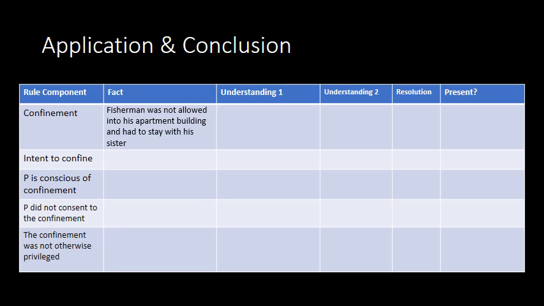So the first is confinement. We know that the fisherman was not allowed into his apartment building and he had to stay with his sister. So he was kept out of a place and not in a place. So we don't have this element. This is a multiple choice question. We're not writing an IRAC, so we can stop here. We know the fisherman was not confined. So our next step is to determine the answer,